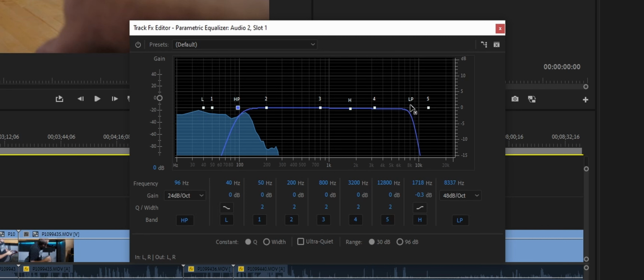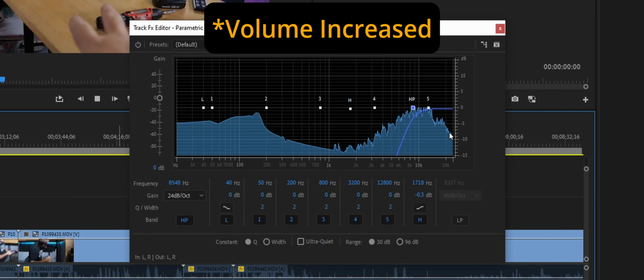The same thing goes with the higher frequencies. If I get rid of the high pass, if I move over to my low pass to this section, and if I hit play,